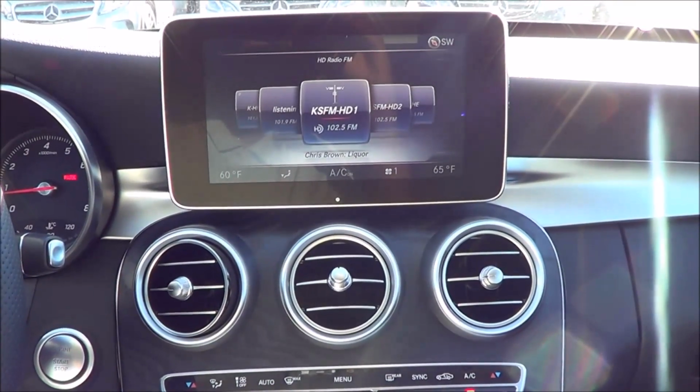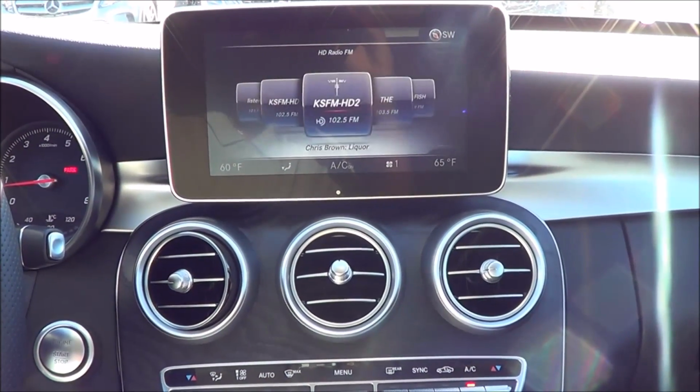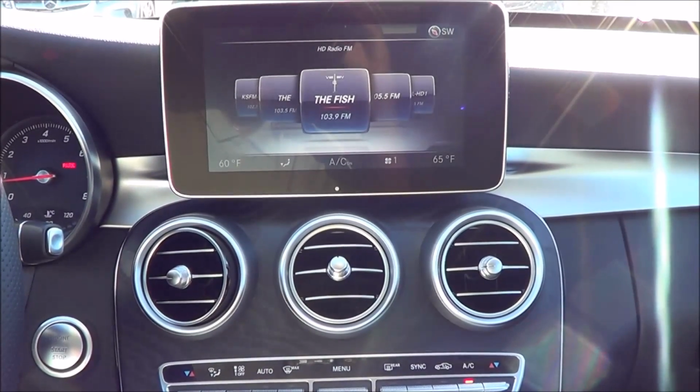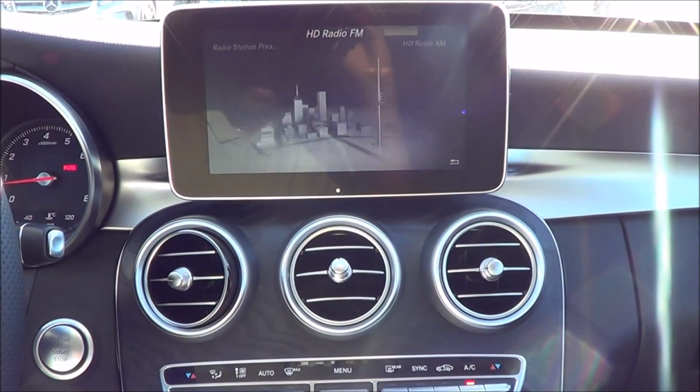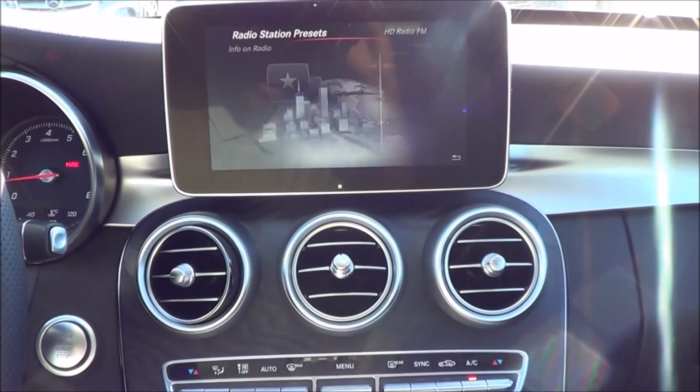Now coming to your radio, you have AM, FM of course. And then you also do have HD radio on this bad boy and satellite radio. And then you can also go to the internet radio, Pandora,